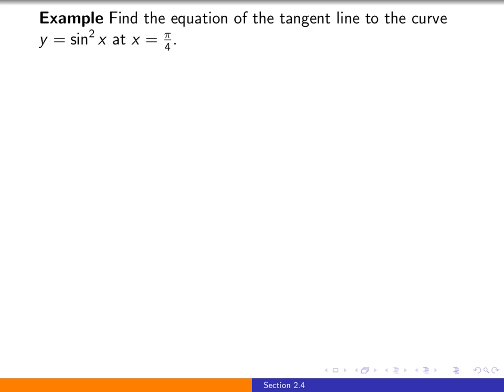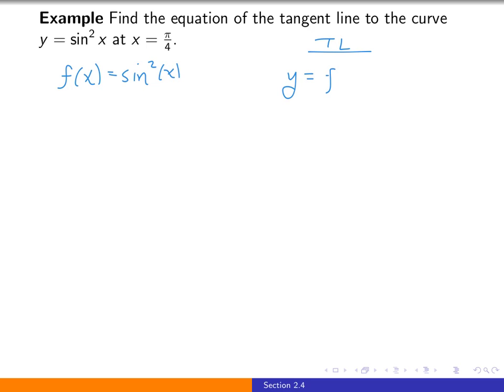So let's look at one more example. Let's find the equation of the tangent line to the curve, now of the function sine squared x at x equals pi over 4. So for this problem, we're going to let f of x be the function sine squared of x. And if we want to find the tangent line at pi over 4, it will be given by